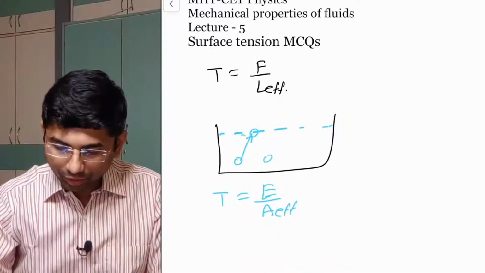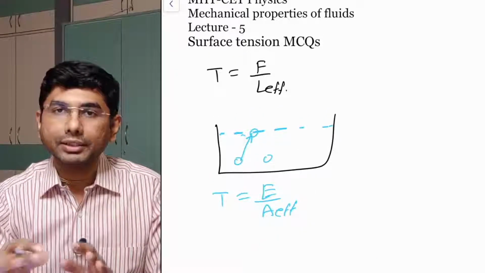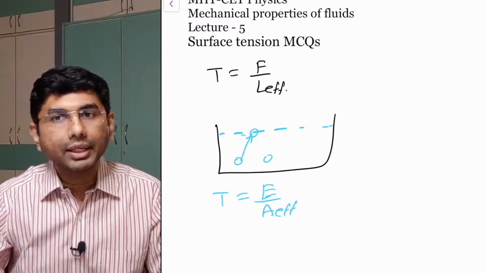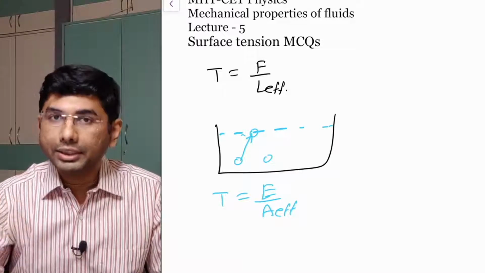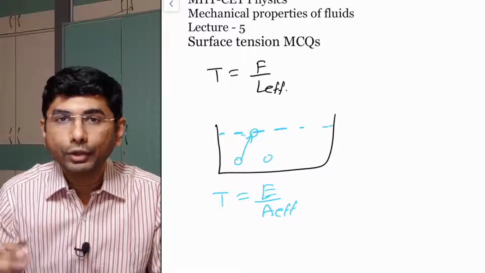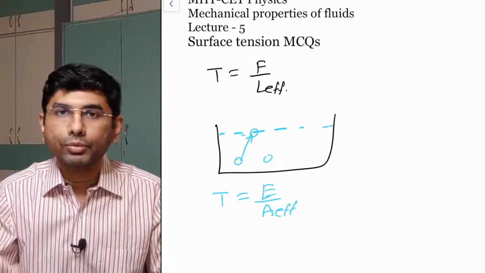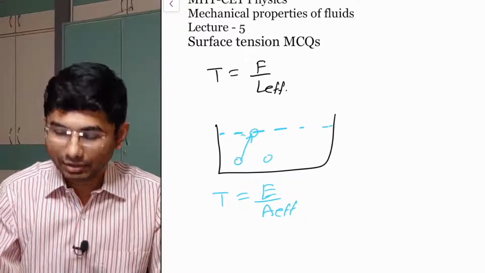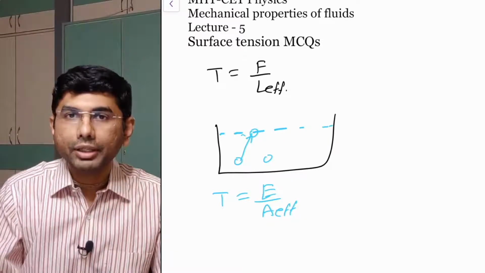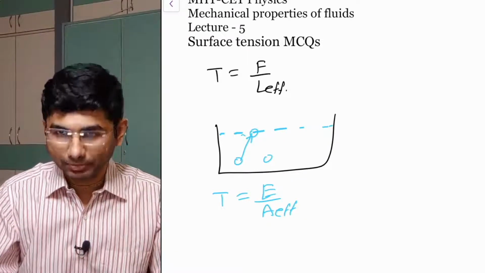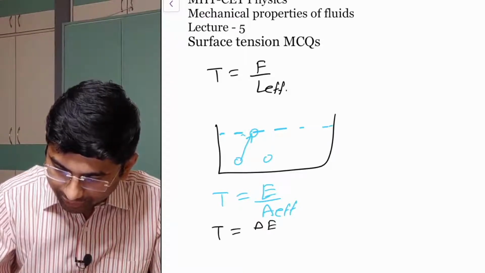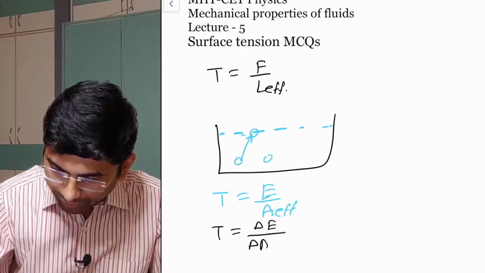This is one formula which needs to be remembered. Second thing, it is given that initially there is some energy and some area, then the area is increasing, and when the area increases, the energy changes. When the area is increasing, energy has to be added. Energy has to be exerted, and that is stored in terms of work done, and whenever we reduce the area, energy is released. In that sense, the surface tension can be written as change in energy upon effective change in area.